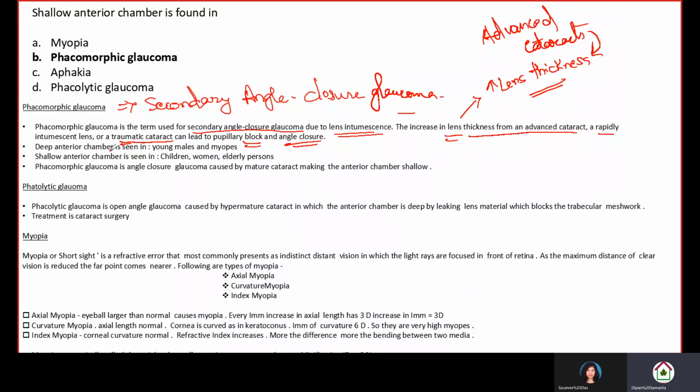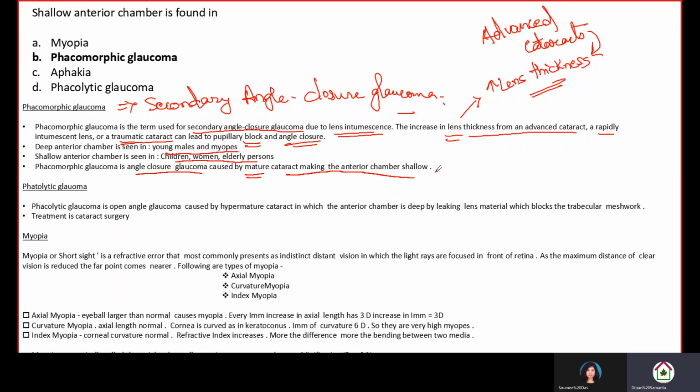Okay, so deep anterior chamber is seen in young males and myopes, and shallow is seen in children, women and elderly persons. Phacomorphic glaucoma is an angle closure glaucoma caused by mature cataract making the anterior chamber shallow. So what happens in phacomorphic glaucoma? It is the angle closure glaucoma only caused by mature cataract